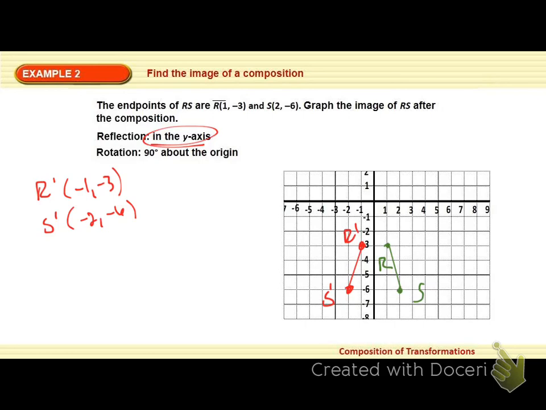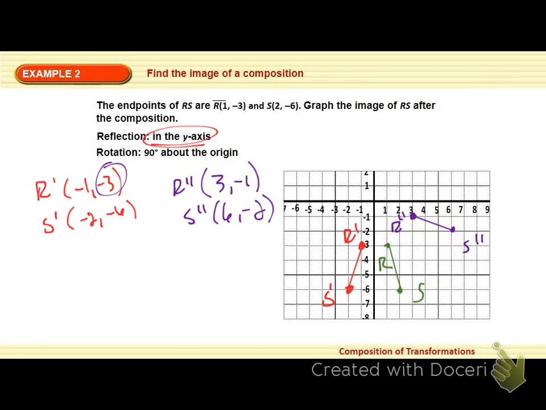And then we want to rotate 90 degrees. So to come up with R double prime, we want to change the sign on y and then flip-flop the coordinates. So we get 3 comma negative 1 and 6 comma negative 2. Those rules will be given to you on the quiz. You can find them in your notes. And so R double prime lands here and S double prime lands here, which is a bit unpredictable. It's kind of weird how it ends up back in that quadrant. But if you can imagine rotating it 90 degrees about the origin, that should make some sense. Okay? Now,